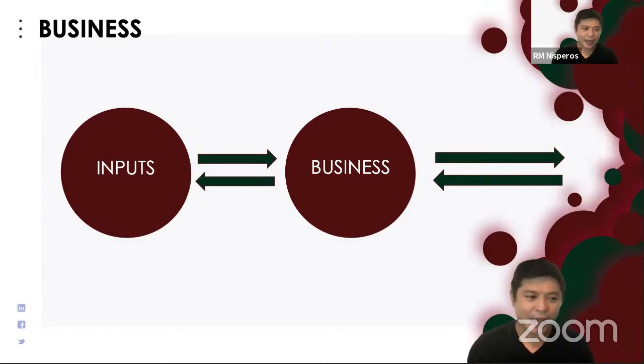So I would like to highlight that the primary goal of a business is to offer value, not to get value. So when you offer, you put your customers first rather than the profits, rather than the revenue, because profits and revenues are secondary to what your business is offering. So why would your customers buy from you? That's the question. Basically, customers can just produce their own products and services.